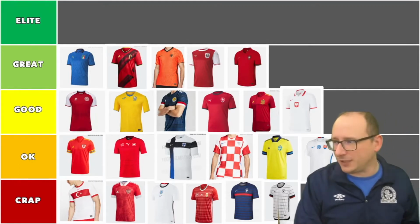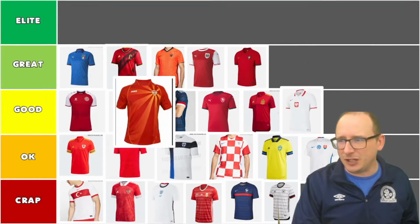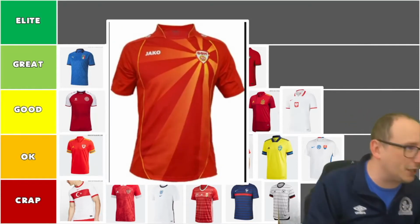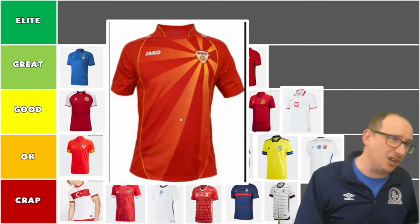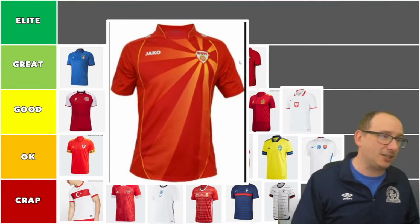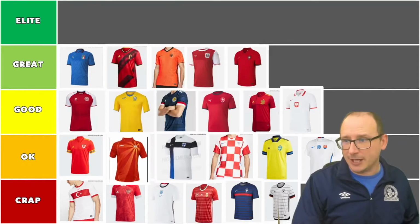And then finally, of course, this is a bit of a weird one, really, because this is North Macedonia. Now, they haven't changed their shirt in years. I don't know if they're going to change it, but this is the one they're rocking at the moment. This is the one they'll be rocking at the Euros, unless they change it. Of course, this is not a bad shirt. Why would you change it? Of course, it does have the flag resembled in this shirt here, made by Jako. Not really a familiar brand to me, but it's an okay looking shirt. I think it's pretty good,